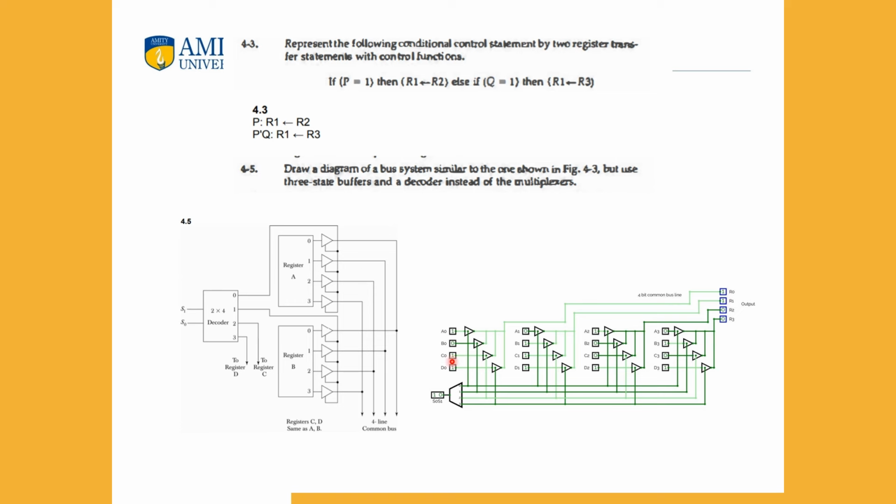So whenever we use a tri-state buffer, you need a decoder along with it to set the value of the tri-state buffer to either 0, 1 or high impedance, and since the registers are of 4 bits, we'll be using 4 tri-state buffers per register. So this is a more simplified way of making the expression. Since over here there is overlapping of lines which might cause confusion, we can make the 3 tri-state buffer bus